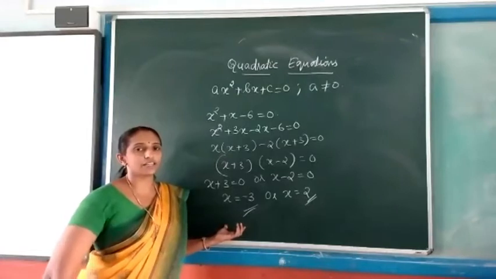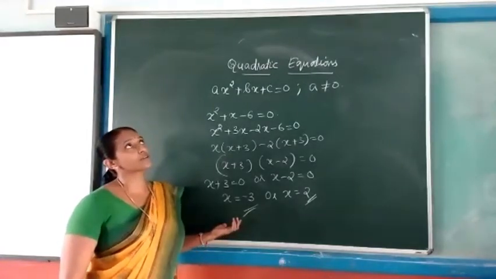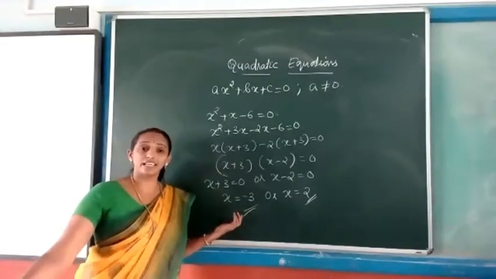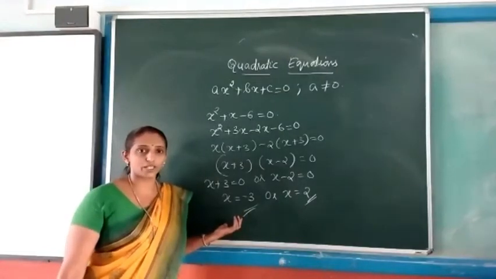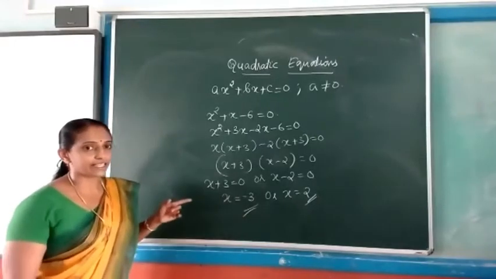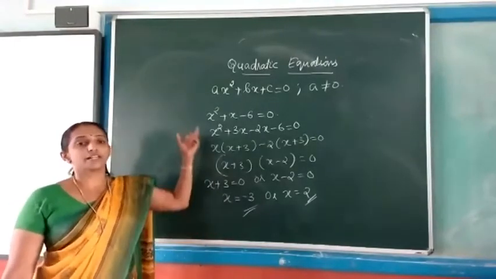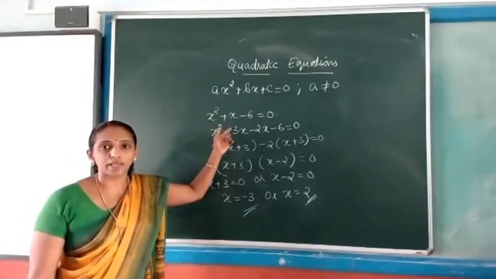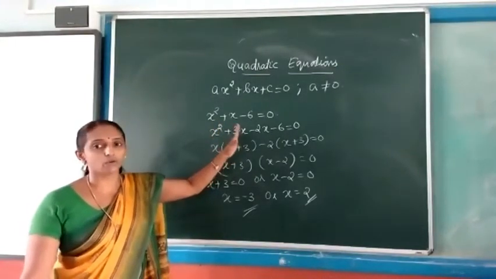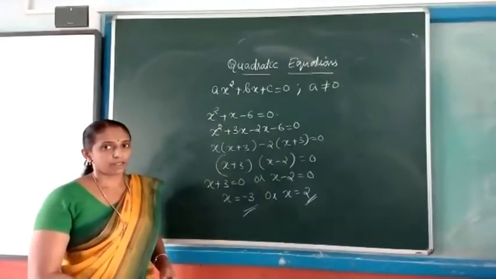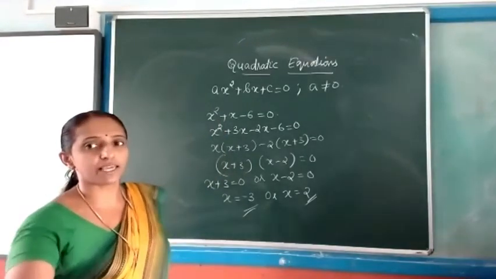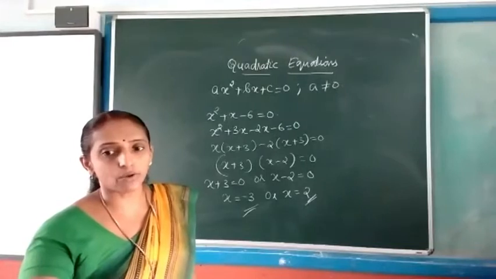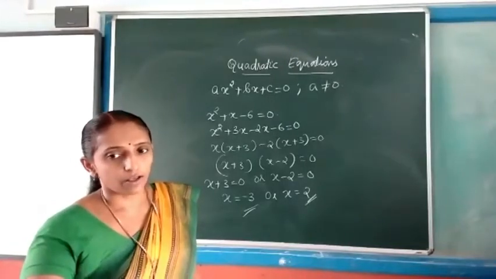Next year, if the teacher teaches you quadratic equation, you will not say, what is it, we didn't hear at all. That will be your expression. Okay, now this is the basic thing. Quadratic equation standard form is ax square plus bx plus c equal to 0. Ax square plus bx plus c equal to 0.